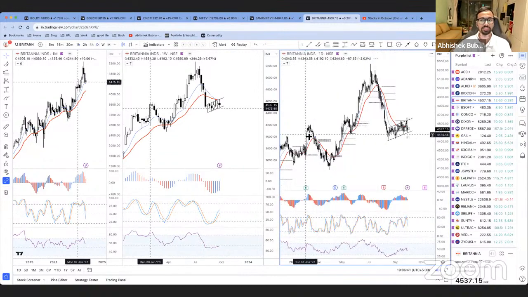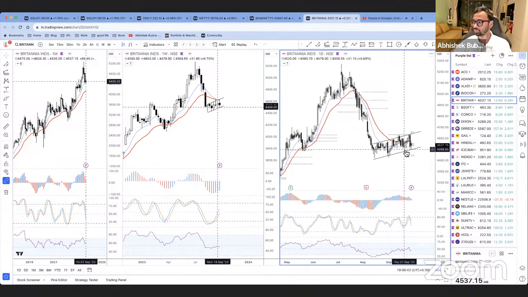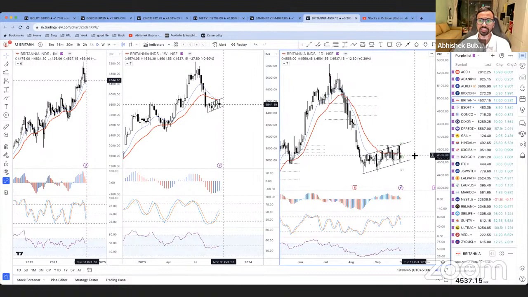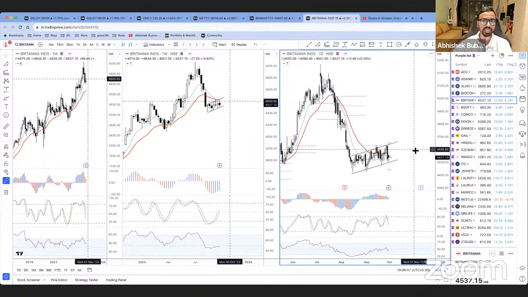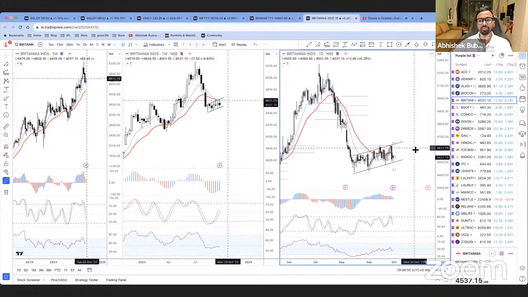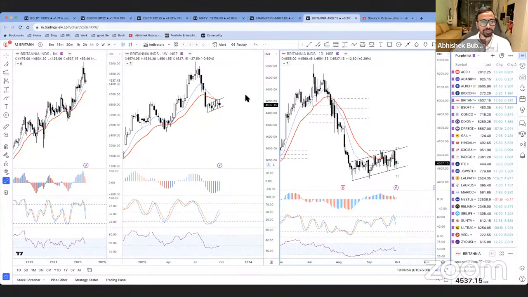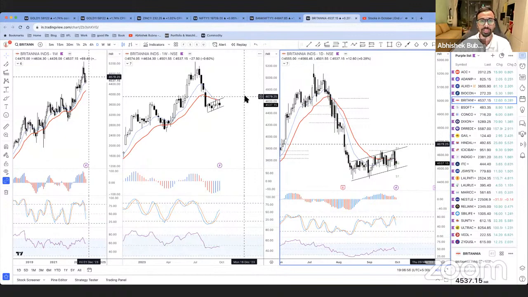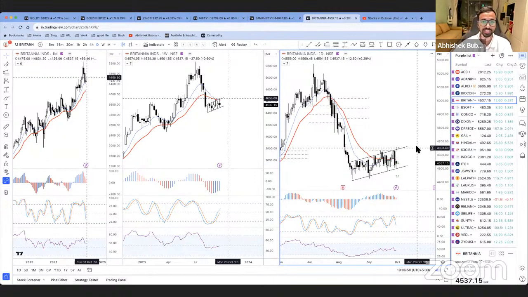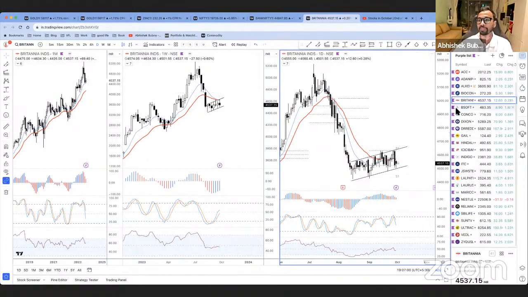Now, try and understand, this is for people who know the system. You understand why I'm saying this, and you realize that it is important for you to follow the system. And for people who don't, this is for educational purposes only. This is to show you how we can do beautiful picks using technical analysis only, for yourself.